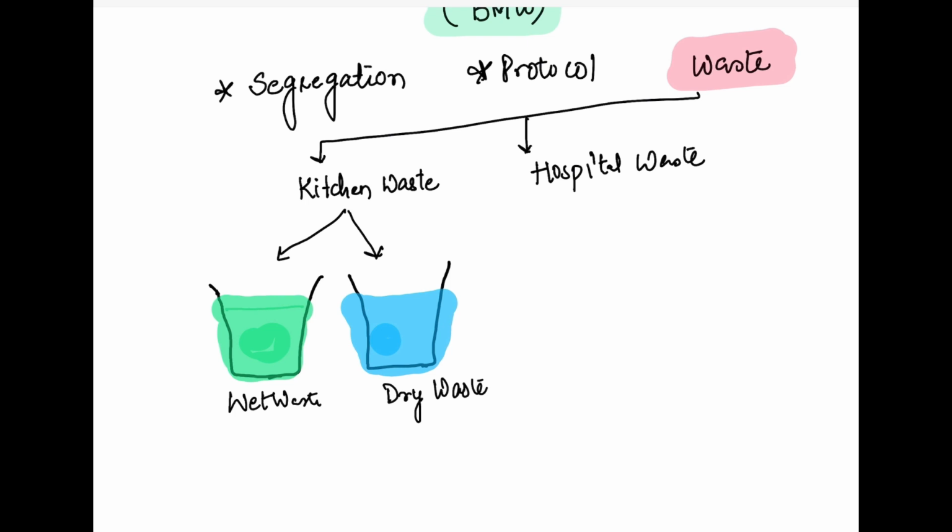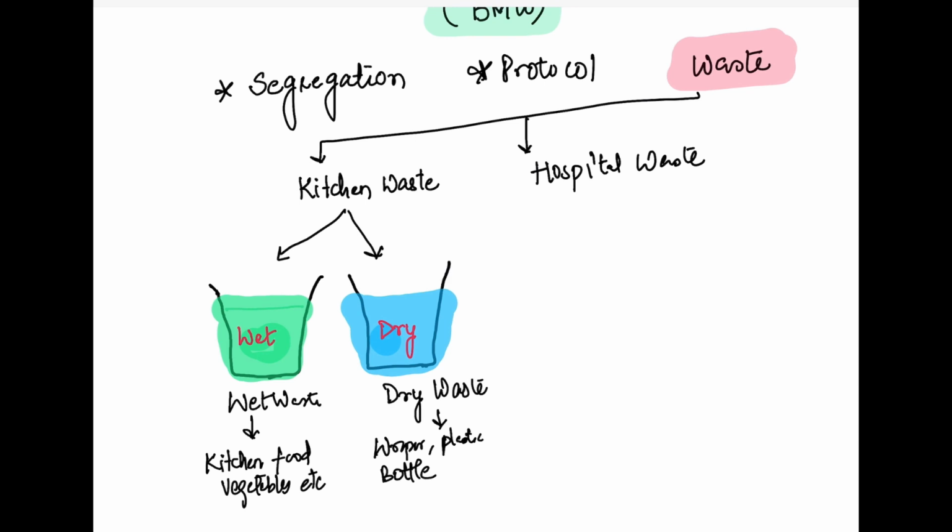Now what type of wet waste is available? Wet waste is your kitchen food items like vegetables and leftover foods, whereas dry waste includes your wrappers, plastics, and bottles. Whatever is coming out of the home in dry form will be put in the blue bucket. So this one is used for wet waste and this one is used for dry waste. We have talked about waste management at home.